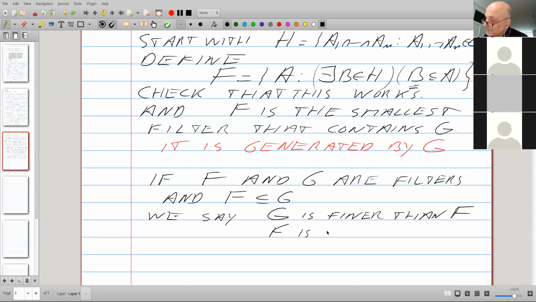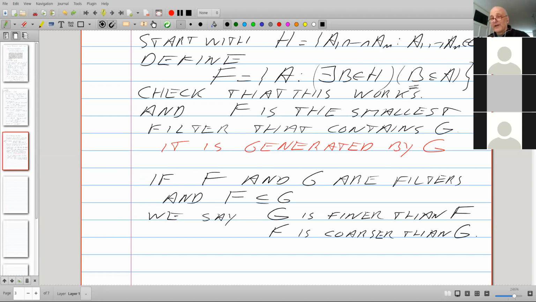Or if G is finer than F, then we could say that F is coarser than G. The coarser thing is not used very often, but the finer thing is used all the time.